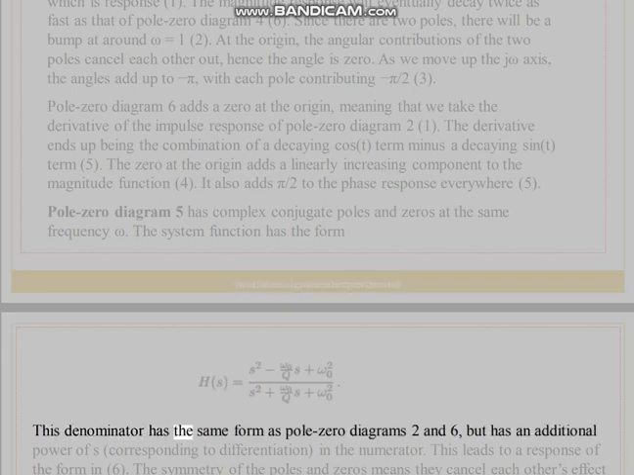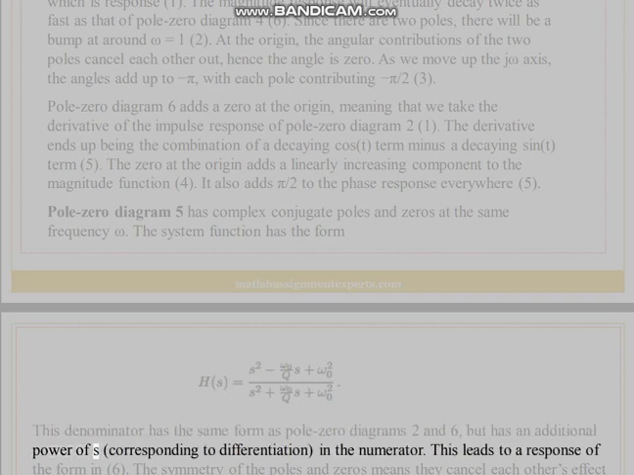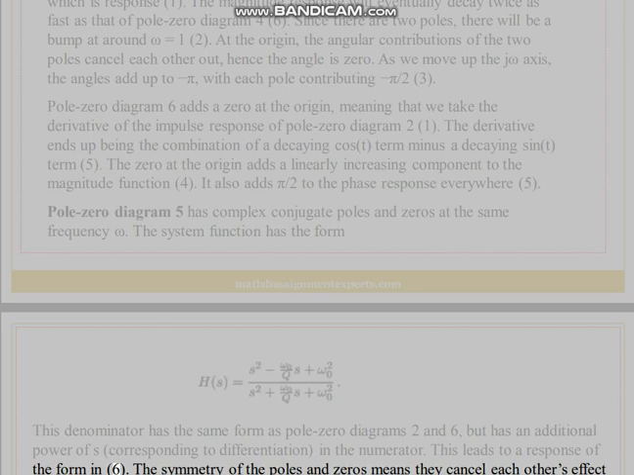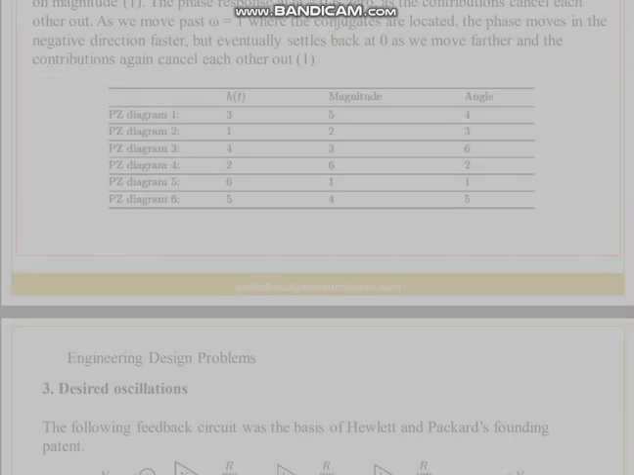This denominator has the same form as pole-zero diagrams 2 and 6, but has an additional power of s, corresponding to differentiation, in the numerator. This leads to a response of the form in 6. The symmetry of the poles and zeros means they cancel each other's effect on magnitude, 1. The phase response at omega equals 0 is 0, as the contributions cancel each other out. As we move past omega equals 1 where the conjugates are located, the phase moves in the negative direction faster, but eventually settles back at 0 as we move farther and the contributions